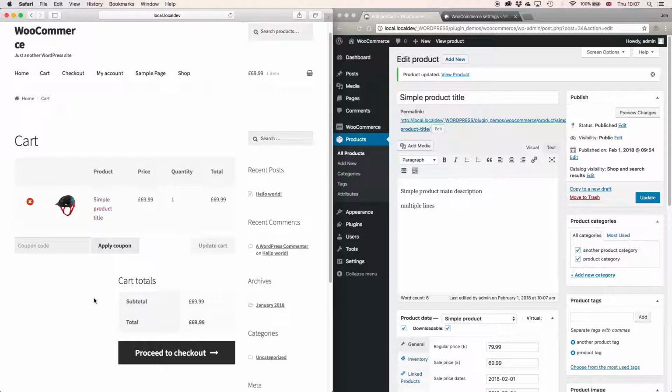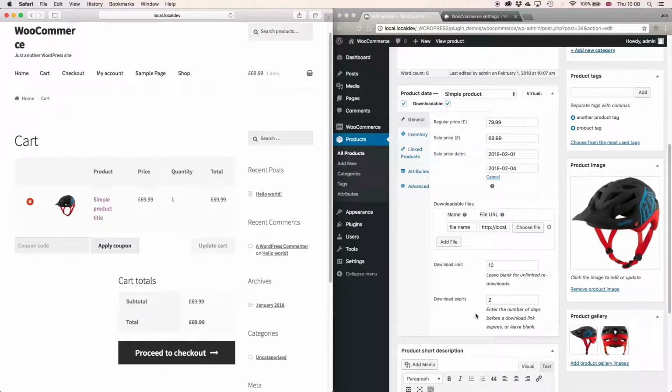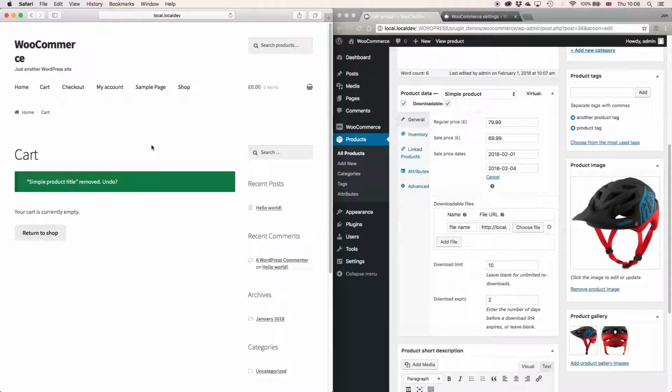Alright, and then when a customer goes through the purchase process, they'll get sent a link where they can download the file, and as you know, we set a restriction on download limits and download expiry, so they'll only be allowed to download that 10 times, and they only have 2 days in which to download it. Okay, so let's remove that product,